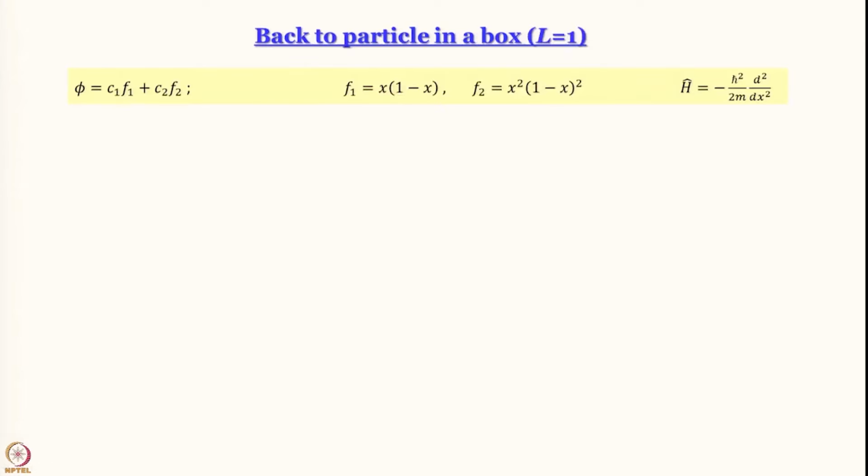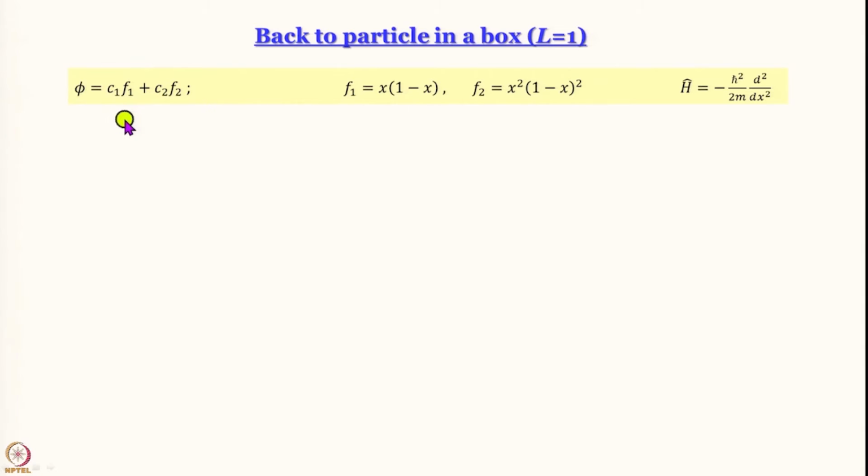Now with that background, let us see how we can use this kind of wave function, a linear combination of functions, in particle in a box, and whether that improves the situation at all. You might remember in one of the previous modules we had tried to do a variational calculation of the ground state energy of particle in a box, and there we obtained an overestimation by 4%, and that time we said okay, 4% is good, but not good enough. So can we improve upon that 4% if we use this kind of a linear combination of functions as